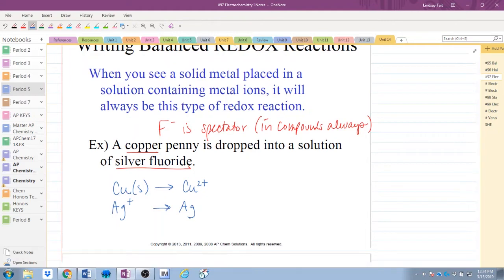Like we did yesterday. Step 1, balance the non-H-O atoms. And hey, guess what? They're both balanced. One copper, one silver on each side. Step number 2, balance the oxygens with water. I see no oxygens. Skip. Step number 3, balance the hydrogens with hydrogen ions. No hydrogens. So last step, balance the